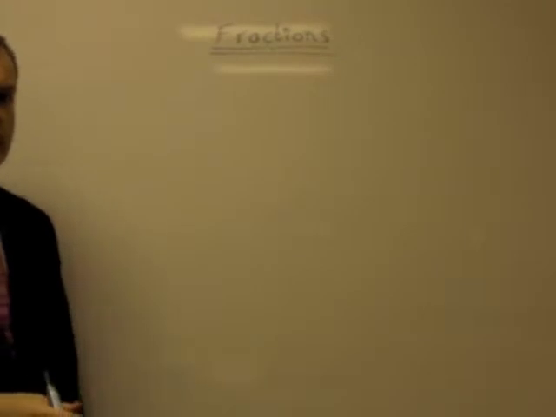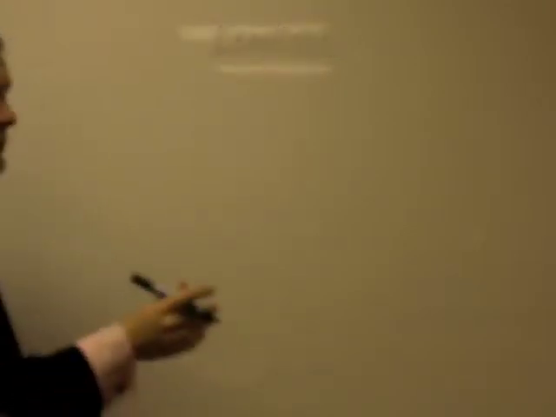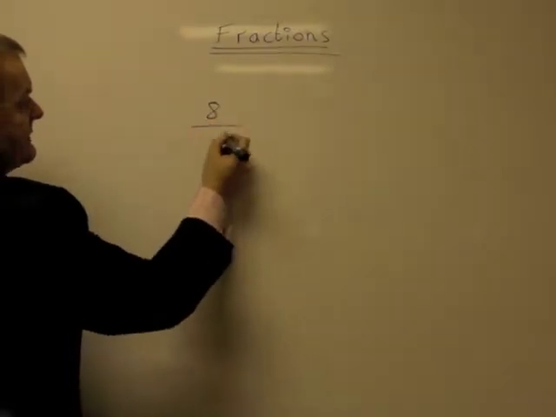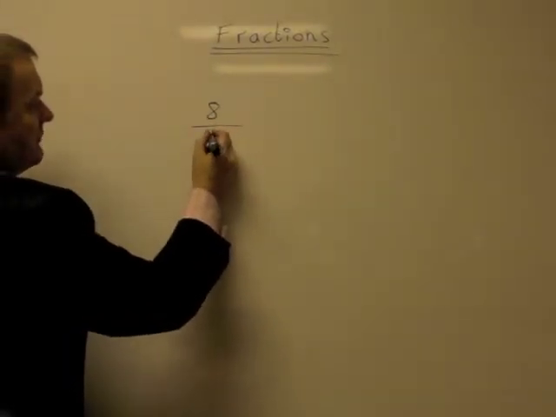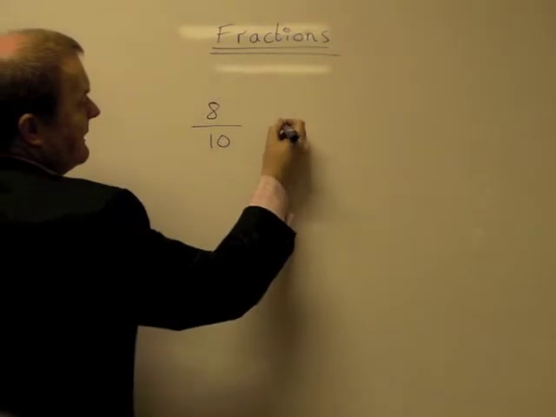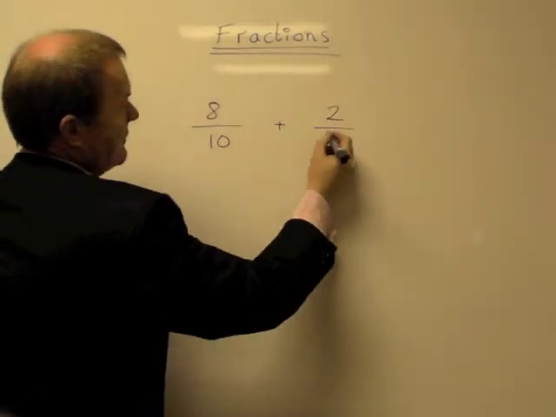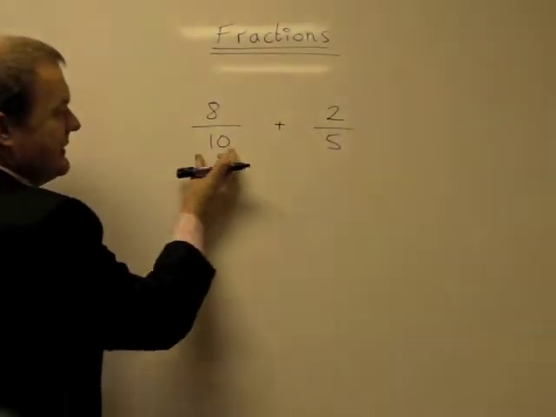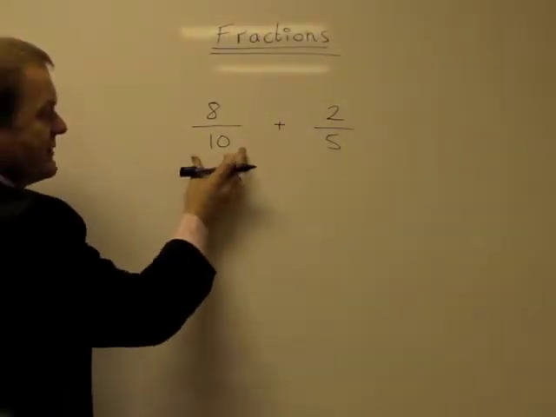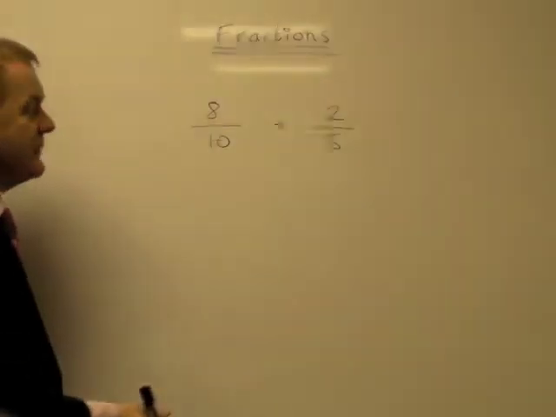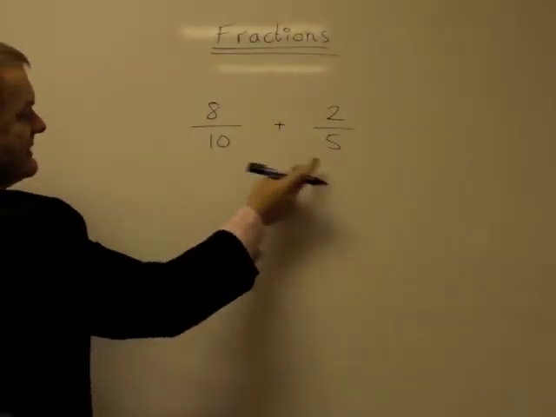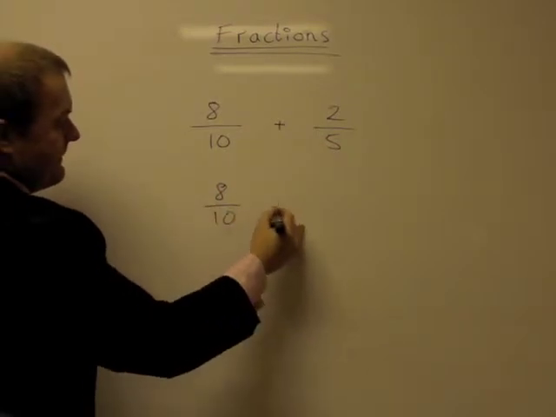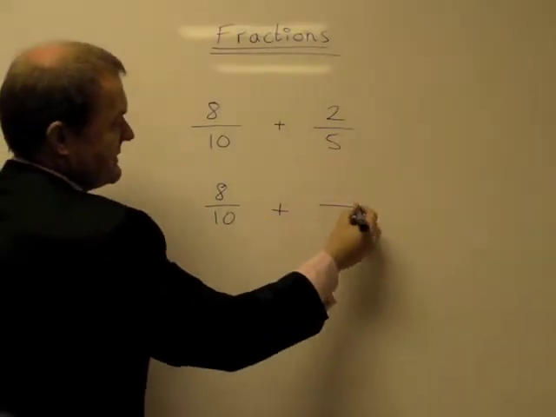Okay, so when we have fractions that have got different denominators, it's a little bit more difficult. So if I started with 8/10 add 2/5. Okay, so what we've got here, tenths and fifths, they're not the same, so we have to do something in order to make them the same before we can continue doing our sum. So I'm going to change these into tenths. So 8/10 stays the same, and 2/5 is the same as